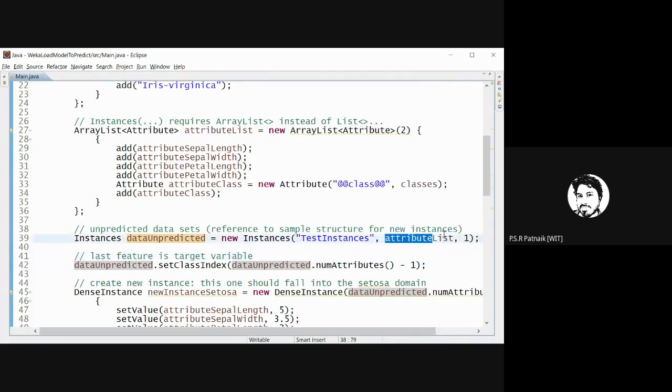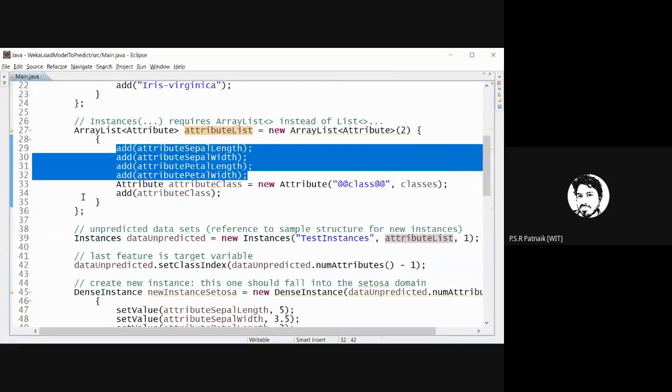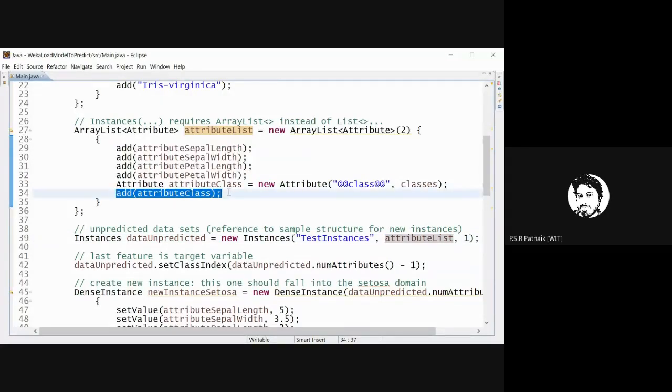You are providing this attribute list and you have to pass the reference. How many data instances are you passing? You are passing one instance. How many attributes does the attribute list contain? It contains 5 attributes.